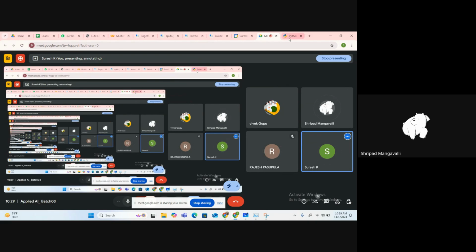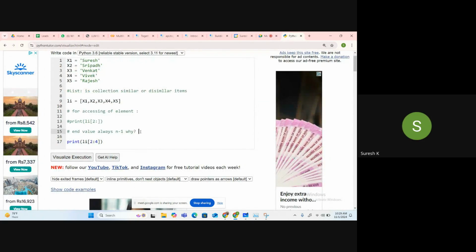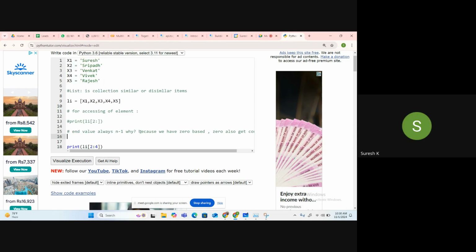Rajesh, because we have a zero-based index. Zero also will be counted in the list, right? Zero also gets counted. So to remove the zero element, we use n minus 1.